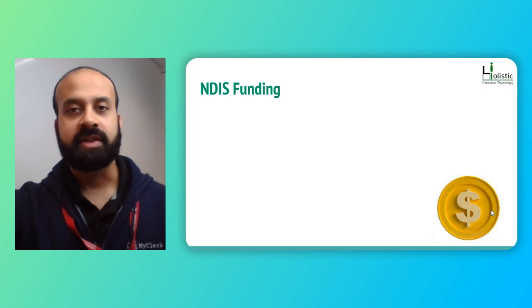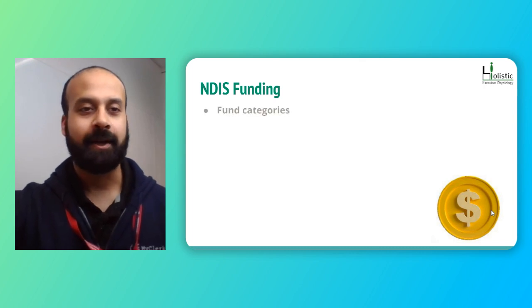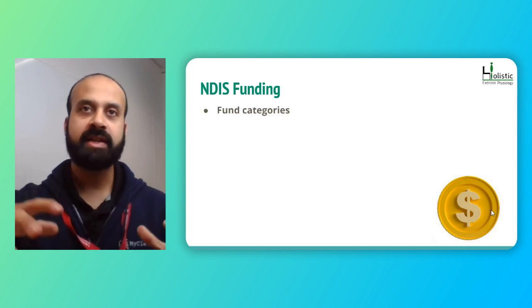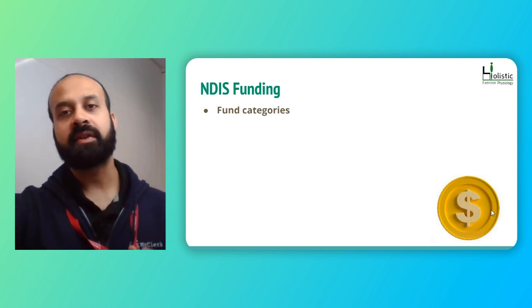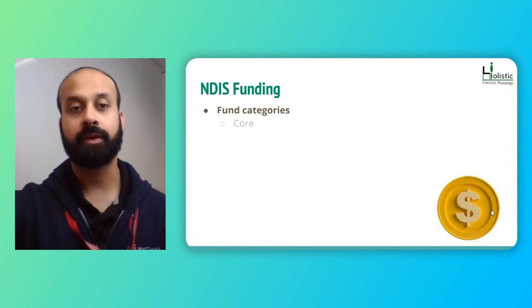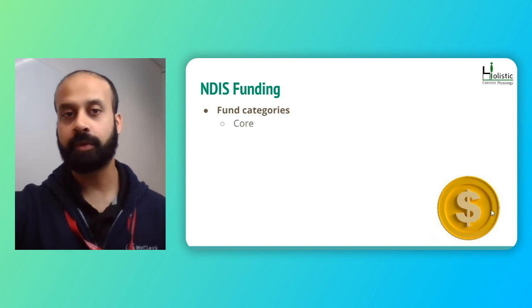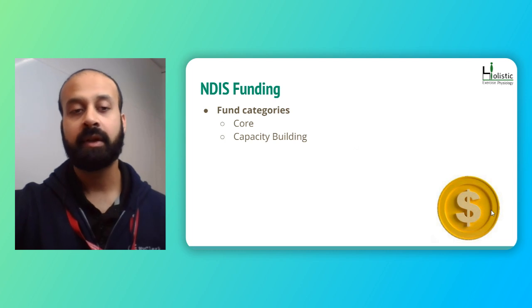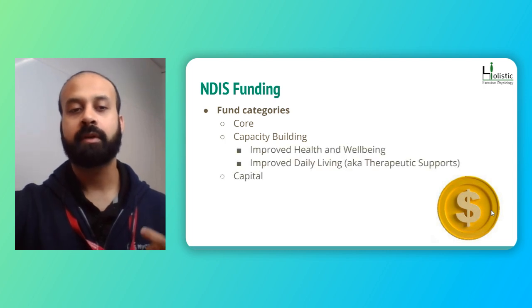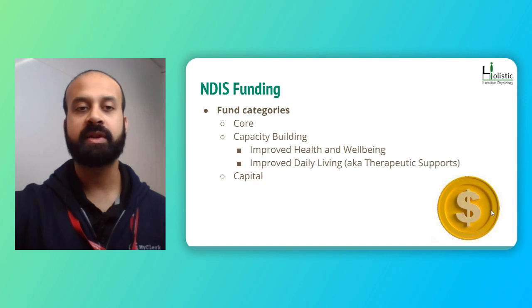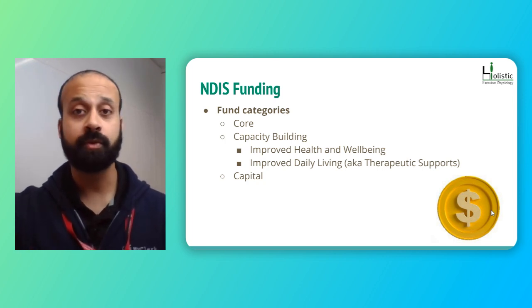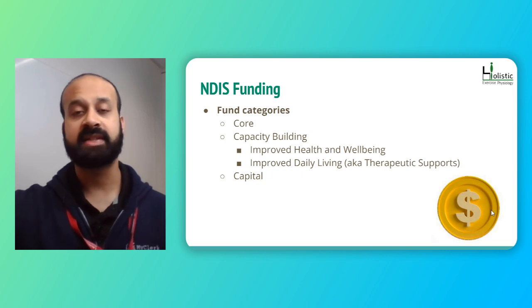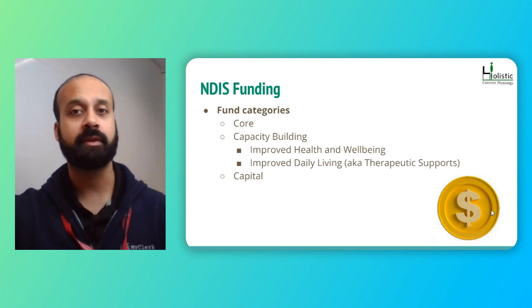All right, so let's get to the crux of the matter in terms of NDIS funding. There's different categories. NDIS participants are allocated funding based on their needs, as I said earlier, but that funding will be allocated to one of three categories: core supports, capacity building, and capital. Core essentially helps them with everyday tasks, things like consumables, even things like domestic assistance, helping them get showers and that kind of stuff, daily tasks.